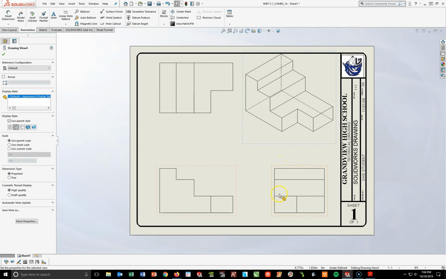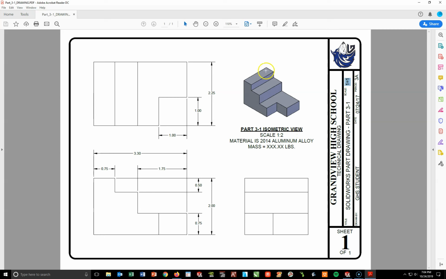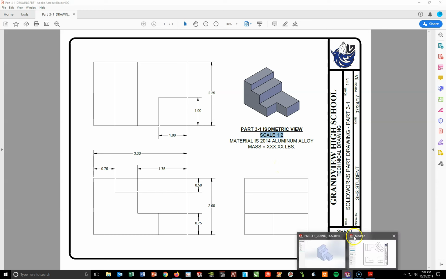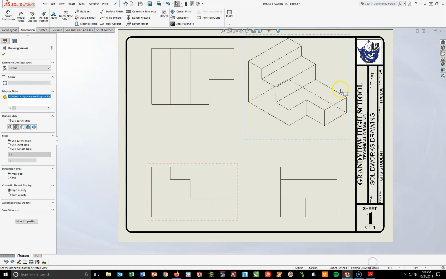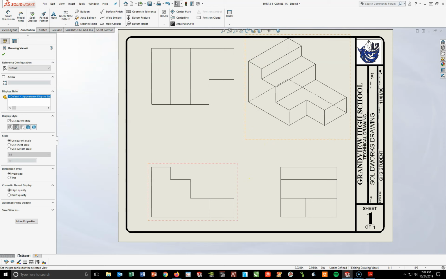Now, I need to manipulate this, because if you look at the drawing on our PDF file, this view is in color and it's smaller. As a matter of fact, it's at a scale of 1:2. So what I'm going to do is go into SolidWorks and we are going to manipulate this view. So how do we do that? Well, if you hover anywhere inside here, you're going to see an orange box pop up. If you just left click inside there and look to your left,